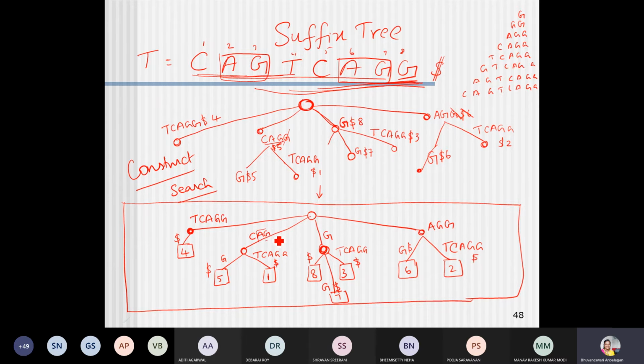You can find this AG. Okay, that is available in the initial position, position 2. And in position 6 also we can find AG, the value of AG is available in position 6. So in this way you can perform the suffix tree search using a simple brute force attack. Several pattern matching algorithms are also available.